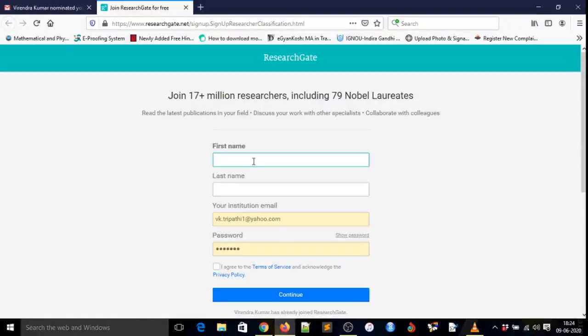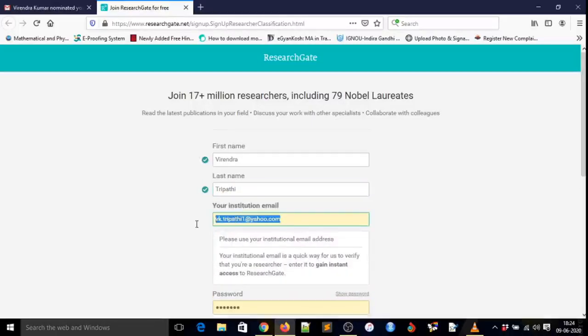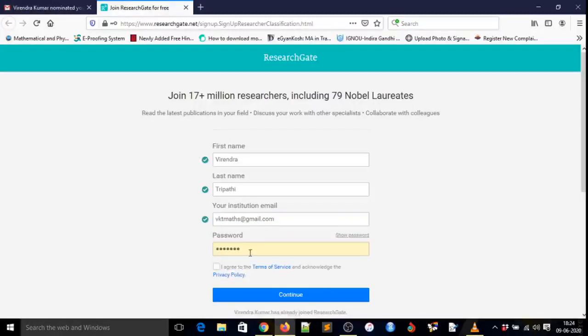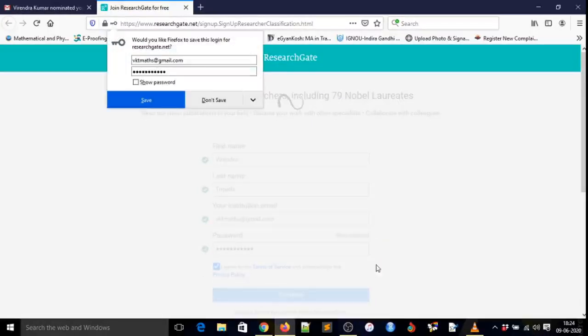Suppose I'm writing my name is Virendra, and then Tripathi, and then my email address was vktmaths@gmail.com, and then a password, let me choose one, and then click on agree and then continue.